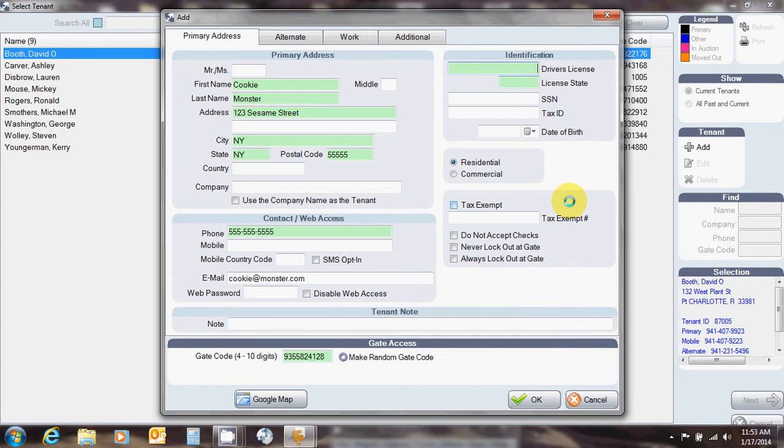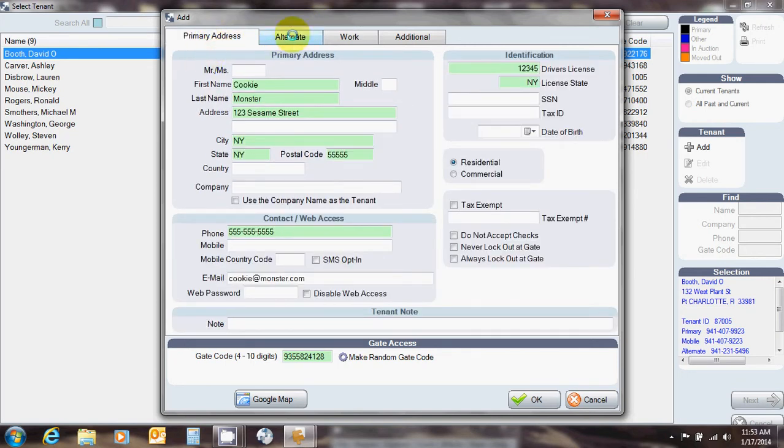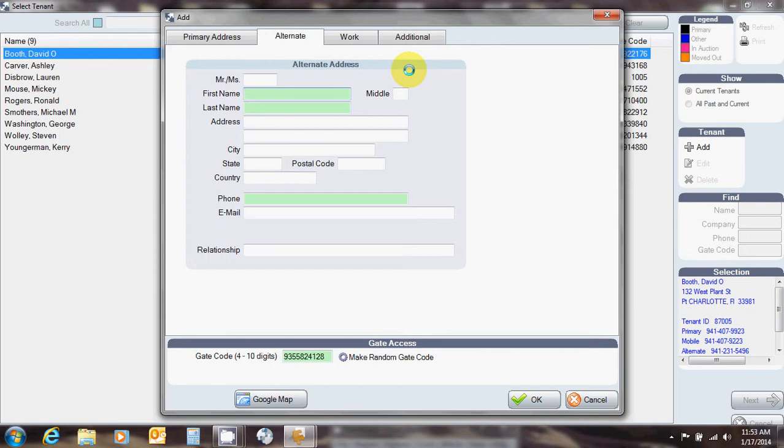And everyone that rents has to have some form of ID, a federal or state ID. He's going to need a driver's license, so let's put that on here, and the state would be New York. Now we also want to find out if the customer has a mobile phone and if they have an alternate on their account, so we can fill in that information. His alternate is Big Bird. And Big Bird's phone number is,